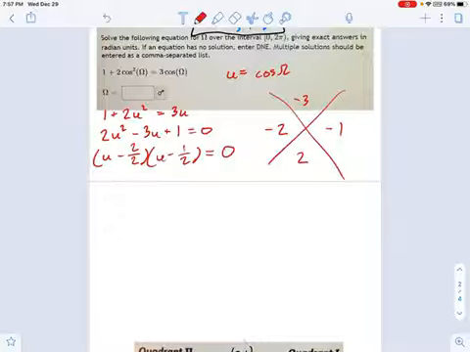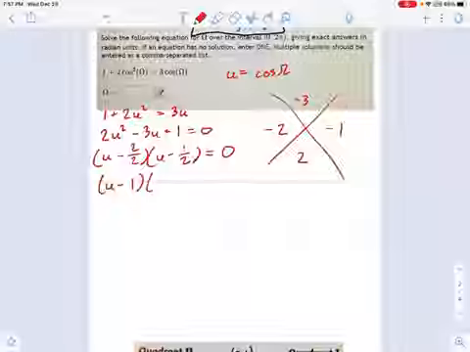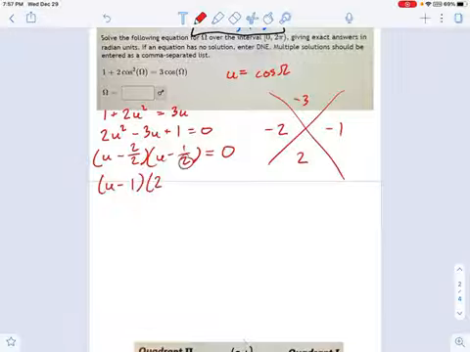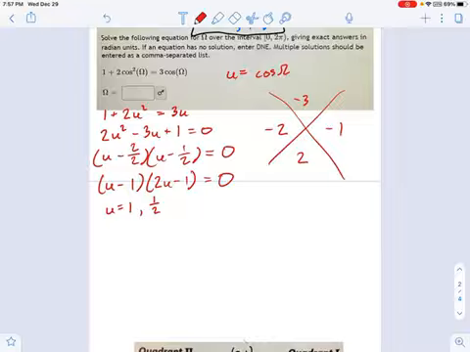And if they simplify, great. You just write them in simplified form, u minus 1. If they don't simplify, then you move that 2 over in front of the u. Remember that little trick? 2u minus 1. Okay, there's the factored form. Now, if you've got some other way to factor, that's great. You knock yourself out. But remember, when you get two parentheses times each other, that means you get two solutions. u equals 1. And from the second parentheses, it looks like that's going to be positive 1/2.